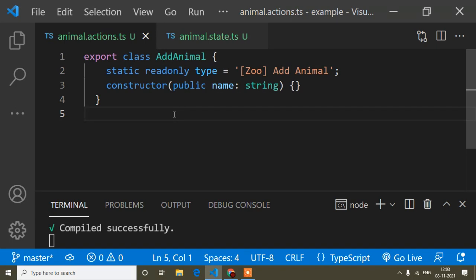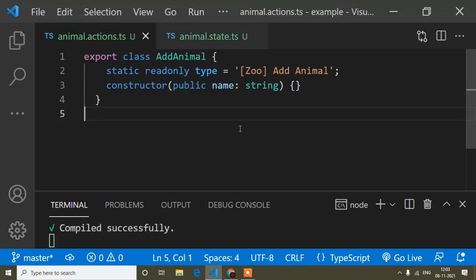This action and state file is for NGXS, but when we show the preview, I mean what types of animals are in this Zoo, like the tiger, like different types of animals, I have to show the preview in our HTML. So at that time we have to create a component, an animal component this way. In that component there will be an HTML file and a ts file. I hope you know the component.